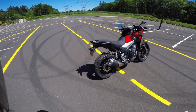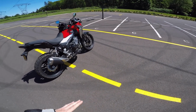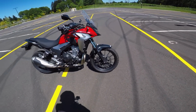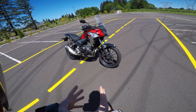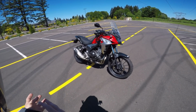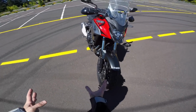So I'll point out a couple things that could use improvement, but at the same time, if you improve stuff, then you might affect something else on the other side. So my only really main gripe about this bike is the front end stability, and that's one thing I was concerned with before I bought the bike, because I knew this type of bike with this rake and this skinny tire up here, this large front tire,